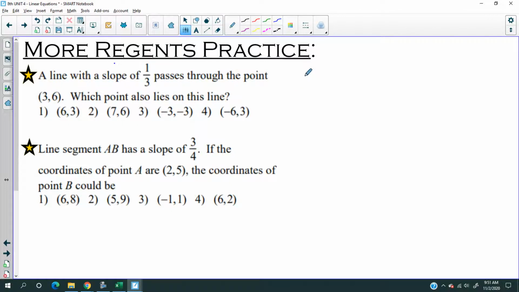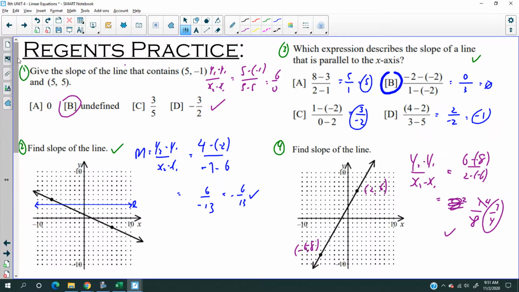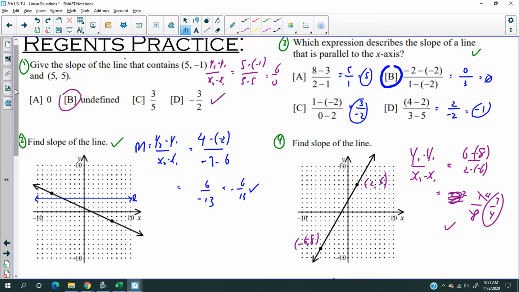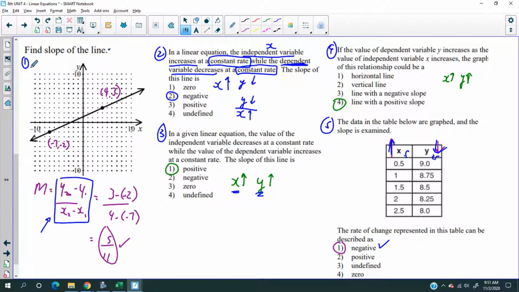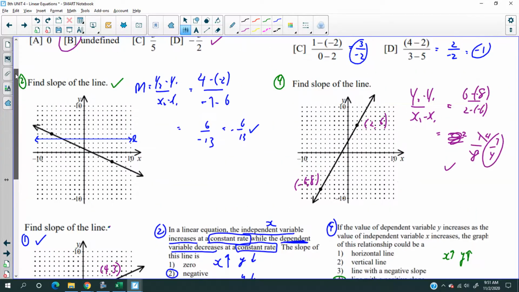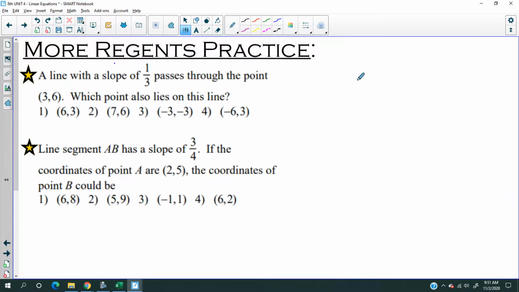So you know how in these questions, for the most part, I give you 2 points, like number 1 down here? I give you 2 points, you give me the slope by using a formula. This is kind of the opposite. Here, I'm giving you the answer. I just pointed at the screen, even though no one can see that. So let's say, after you do the slope formula, y2 minus y1 over x2 minus x1,